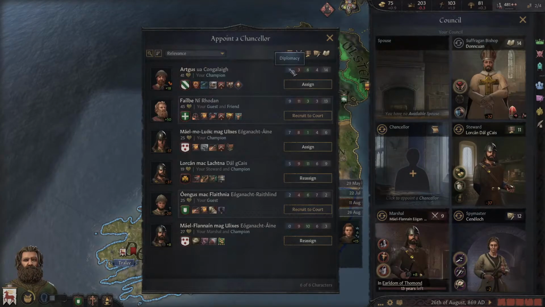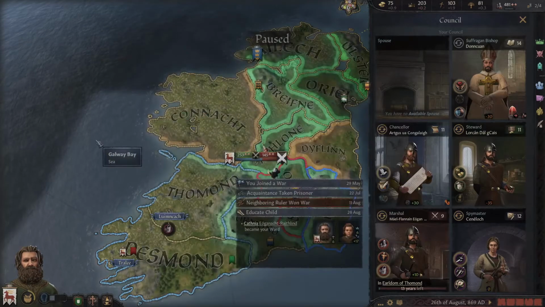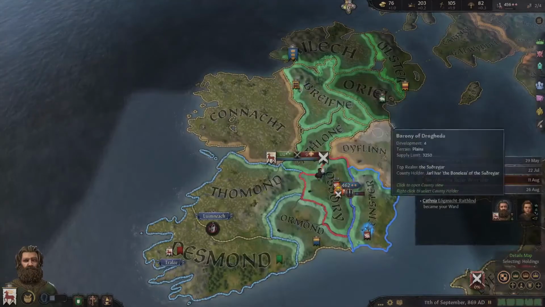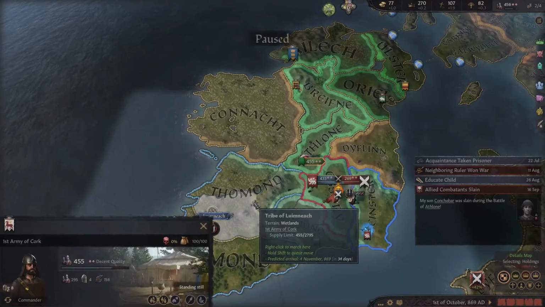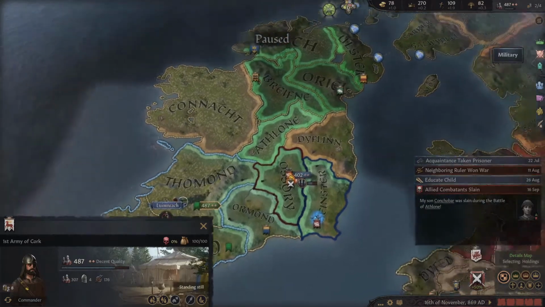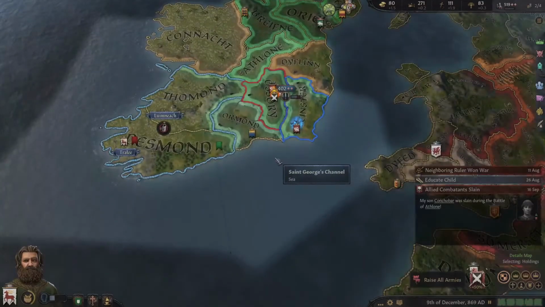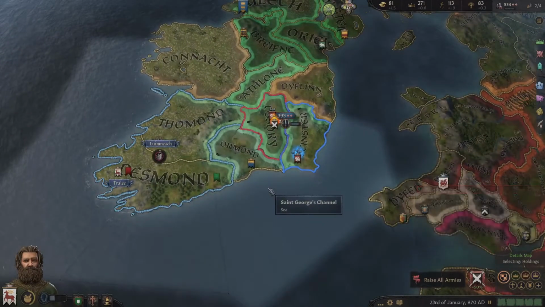So I'm going to assign a new chancellor that has the highest diplomacy skill, and hopefully he doesn't mess it up for me. And we helped them win this battle, so we've pretty much done our part. We're going to fall back, and I'll disband my army. He should be able to win that war easily. And the very last thing we're going to do,